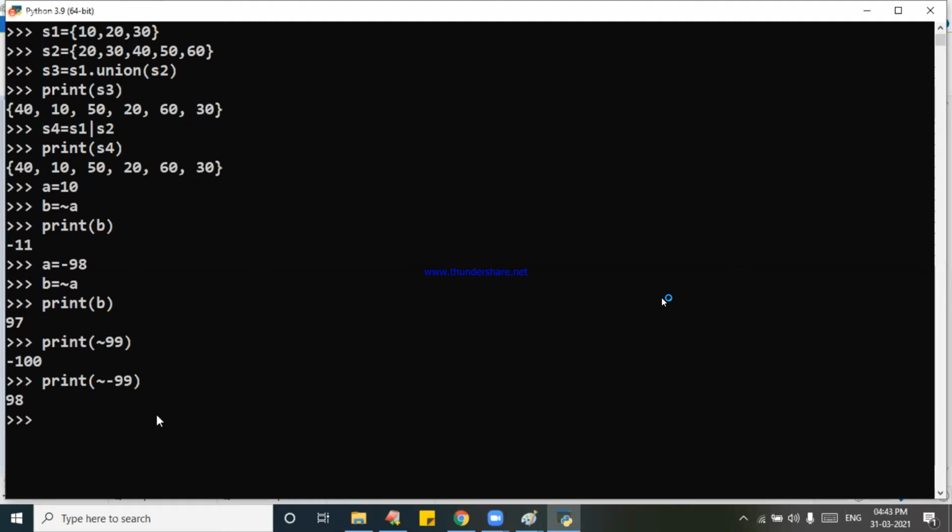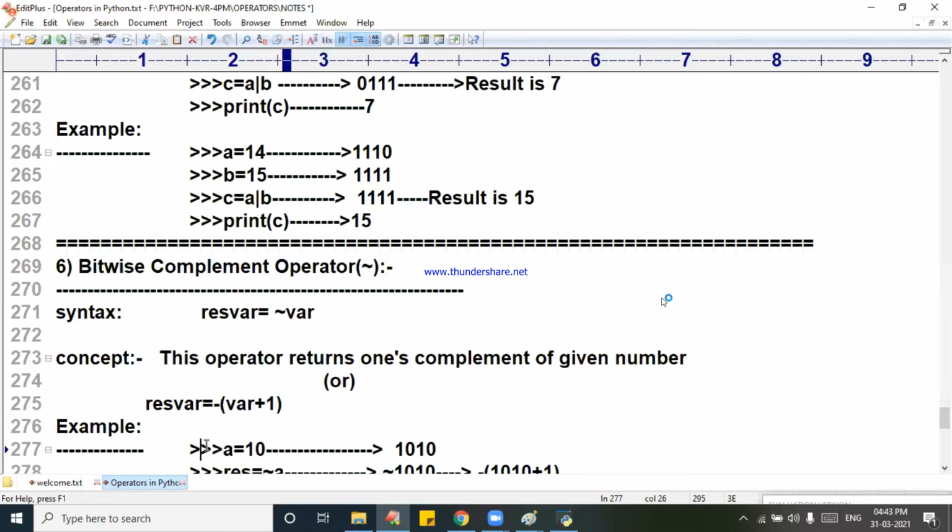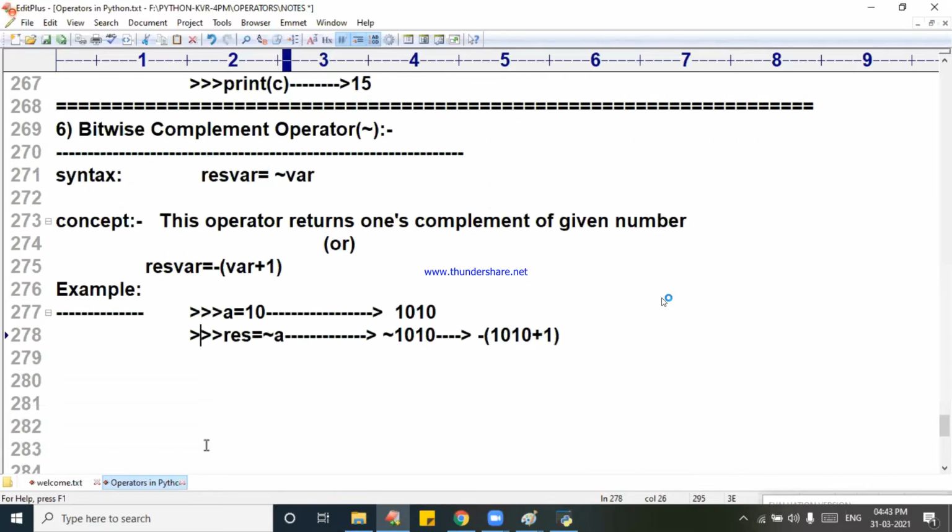Okay, now coming to this place of our numbers, here you come down. There only I am writing, minus of 1011. The result is minus 11.